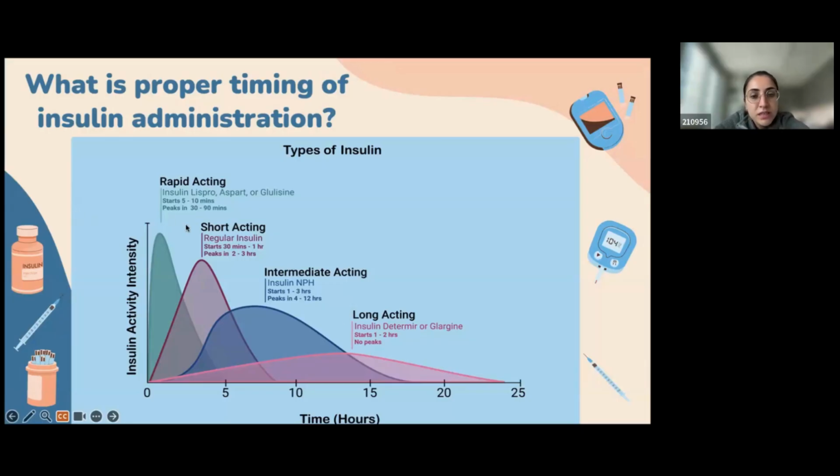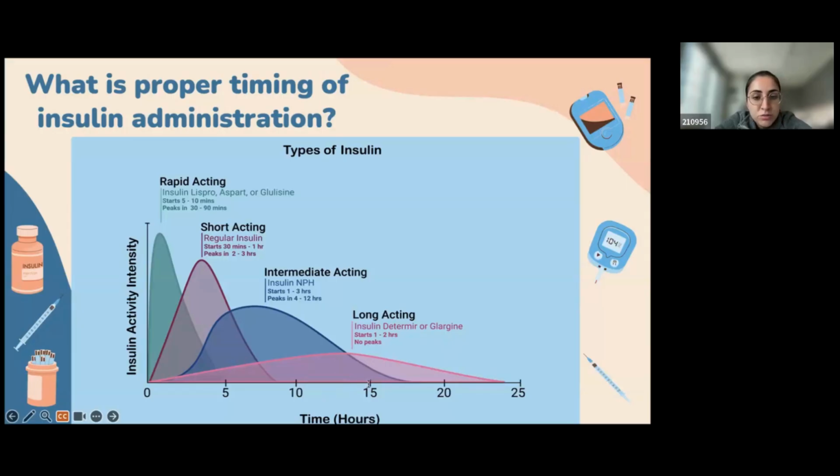In pink, last one here, we see basal insulin, long-acting insulin. That's your Glargine, Lantus, Detemir, Degludec, and Tresiba. These insulins don't usually have a peak. Their action time lasts for about 24 hours. So we try to aim to administer this dose at the same time every day, either every morning or every night. And technically speaking, we don't necessarily need to hold it when patients are NPO because this is the insulin that just works on background hepatic gluconeogenesis control and is not really associated with food.